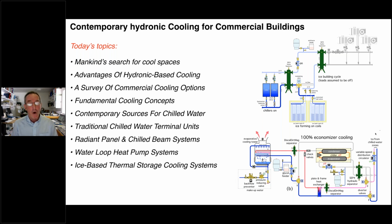We're going to look at water loop heat pump systems. These have actually been around for several decades now. They're a great hydronic-based solution when you have a commercial building that tends to have a core cooling load pretty much 12 months a year, certainly in the summer, but even in the middle of the winter,